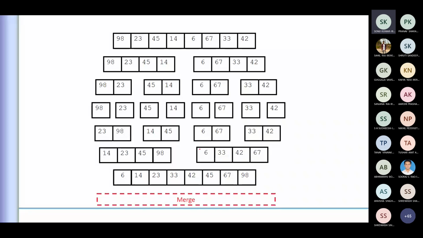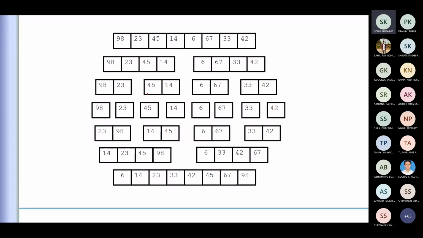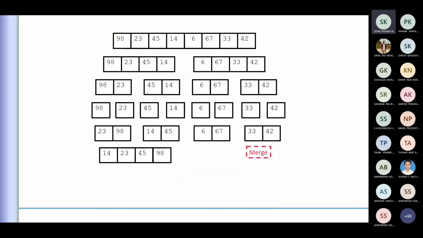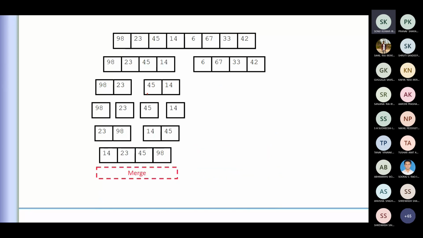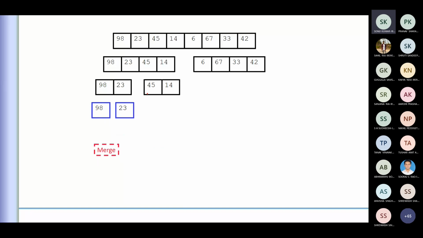Okay, so this is about your merge sort. This is the given array, and at the end of our program, as we require, we will end up with a sorted one in ascending order. Now if it was descending order, the comparison changes only in the previous way, when we combine in each of the smaller steps. So the basic idea is here: first you divide the whole content into the smallest of all the groups, and you go on dividing here.